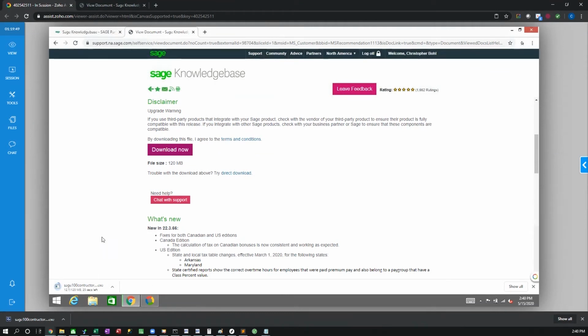It's going to download the installer, which can take a few moments. It's about 120 megabytes. So if you've got slow internet, it could take a little while.